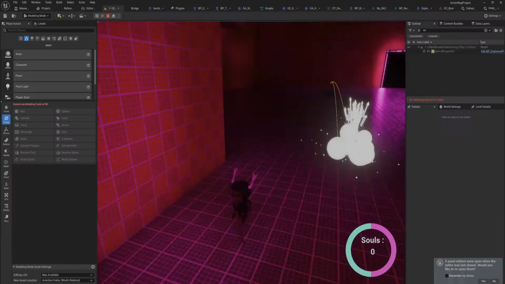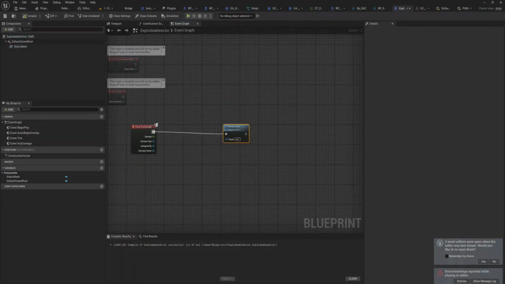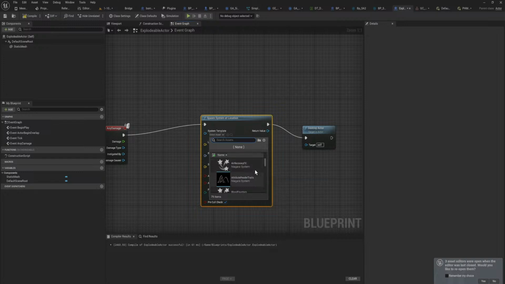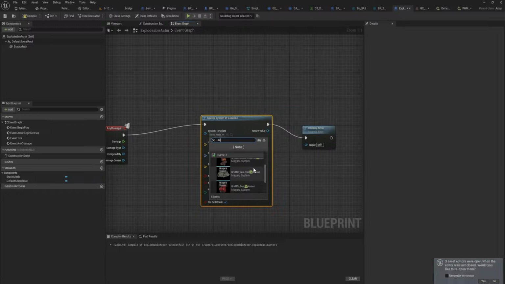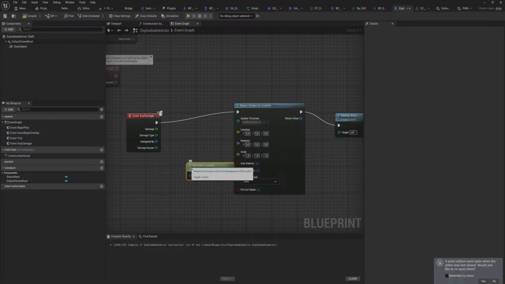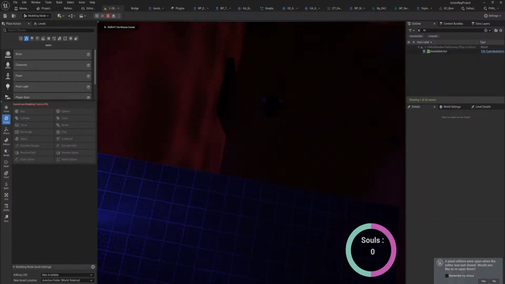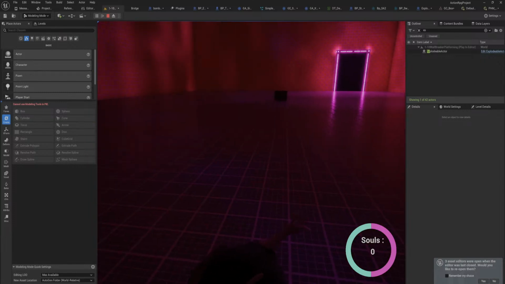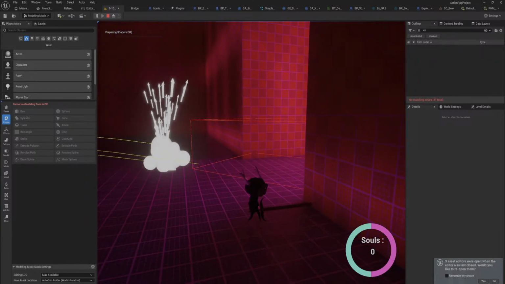There we go. That removes it. Cool. And then of course we will spawn system at location. This explosion, I don't really care. Get actor location, rotation, scale, don't really matter. We'll update that at some point in the future when we actually have the assets for it. Okay, I didn't actually spawn it in because it...